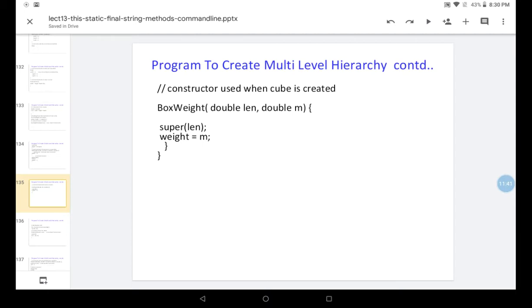Another constructor we used in the superclass is double length, but here we are passing two parameters, length and weight. Length is already initialized in the superclass, so we use that superclass initialization, super(length). But here we do the initialization of the m variable: m value is assigned to weight.